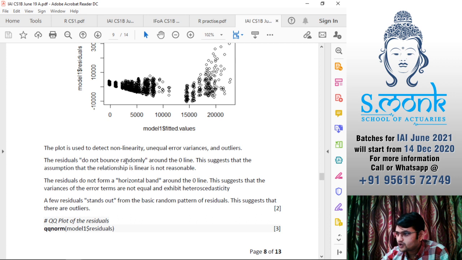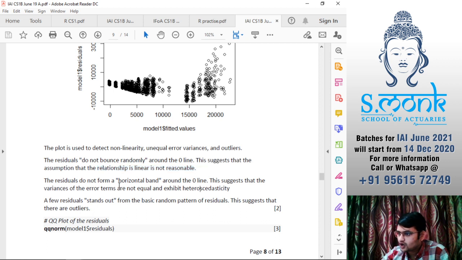The residuals do not bounce randomly around the line 0. This suggests that the assumption that the relationship is linear is not reasonable. We talked about this yesterday, that if we have positive, negative, then positive, or the other way around, negative, positive, and then negative in this residual versus fitted, then most likely it's curved data. So that is why they are saying that the assumption that the relationship is linear is not reasonable.